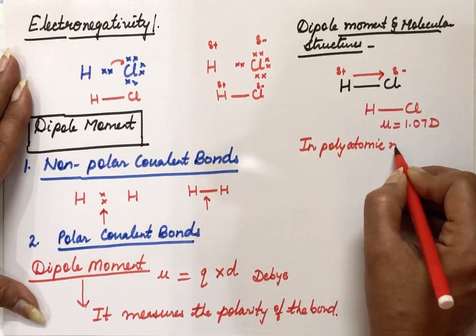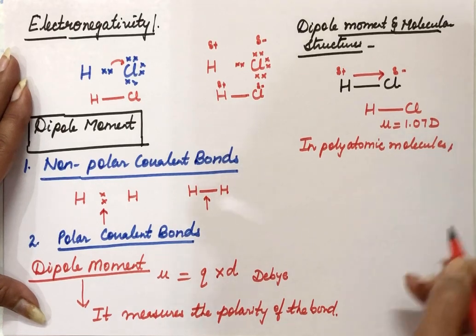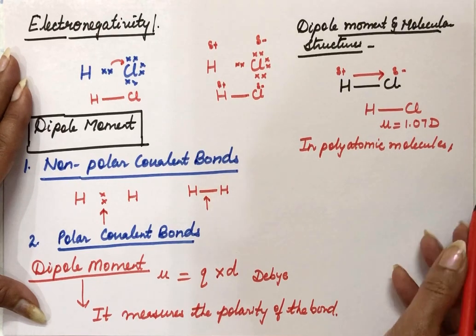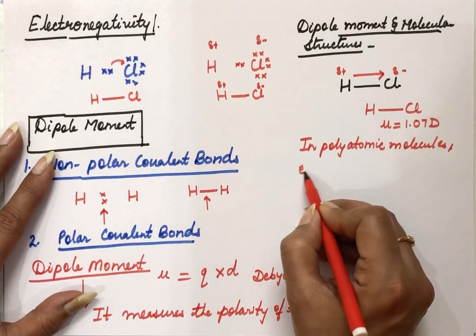In case of polyatomic molecules, there will be more than 1 polar bond, and every bond will have a dipole moment. So the resultant dipole moment we have to see, that will be the dipole moment of that molecule. For example,